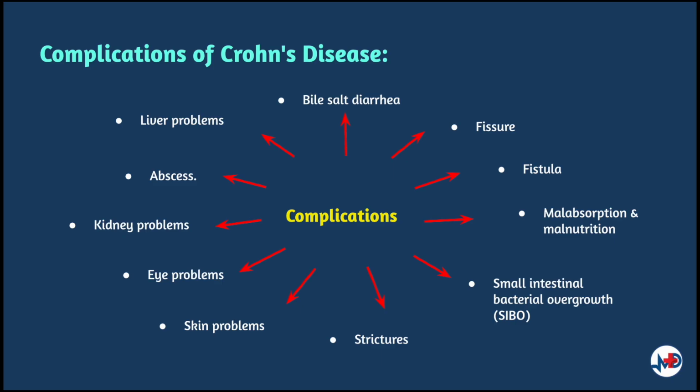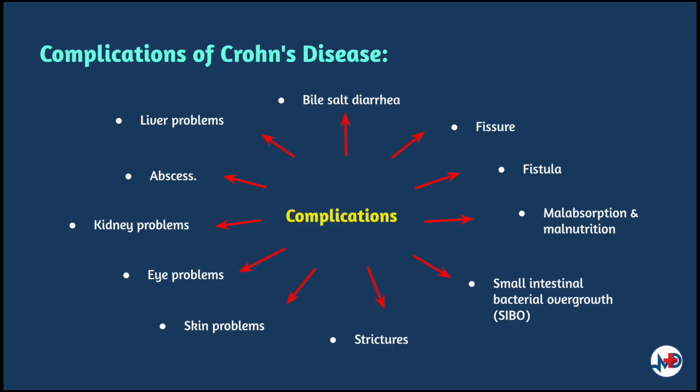Strictures can happen, and strictures are narrow, thickened areas in the intestines that result from inflammation that comes with Crohn's disease. They can be mild or severe depending on how much of the intestine is blocked. Last but not least, let's not forget other systemic complications that can also take place in Crohn's disease, such as arthritis, which can affect peripheral joints, the axial joint, as well as ankylosing spondylitis.